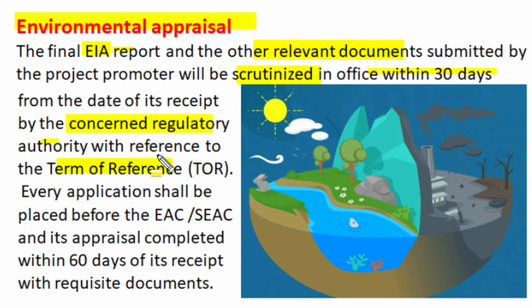And during that appraisal process, every application shall be placed before the expert appraisal committee of the central government for category A projects and the state expert appraisal committee for category B projects for its appraisal, and the EAC should complete all its formalities within 60 days from the date of receipt, when the complete report with all relevant documents is produced in